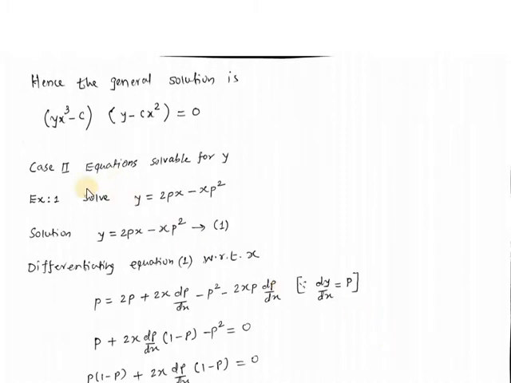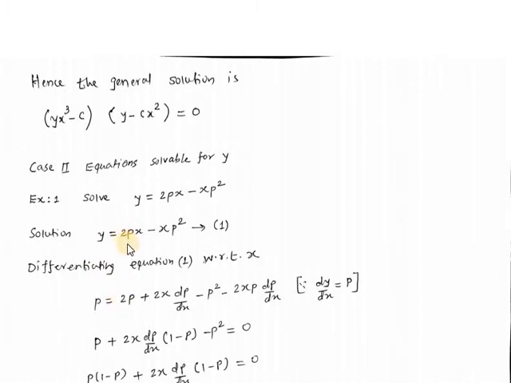Now let us discuss case 2, equations solvable for y. First example, solve y is equal to 2px minus xp square. So y is equal to 2px minus xp square. Suppose this is equation number 1. Now differentiating equation 1 with respect to x. So here dy by dx. Now what is dy by dx? It is p. So here p is equal to,